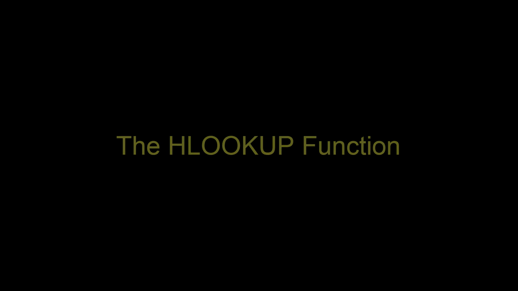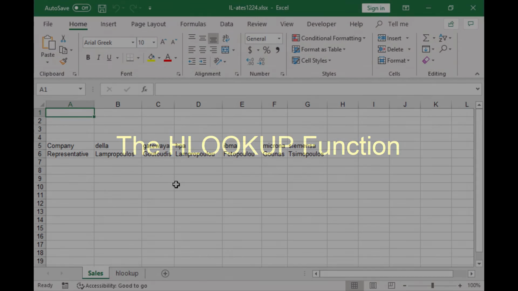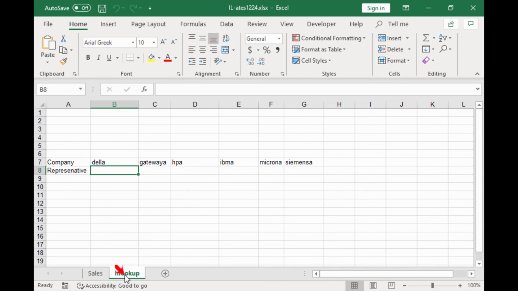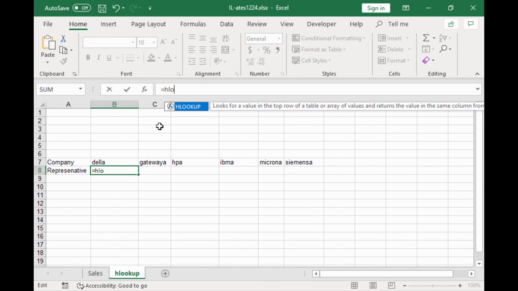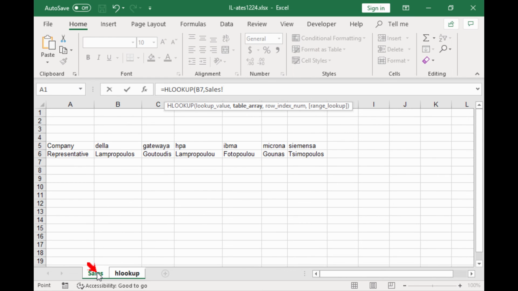If we want to perform a horizontal lookup, which means that we want to retrieve data from rows rather than columns, we can use the HLOOKUP function, where H stands for horizontal. The way to use the function is almost exactly the same as VLOOKUP. We type the function name, the value we are looking for, and the absolute reference of the table. The only difference is that instead of the column number we used in VLOOKUP, we type the row number of the value we want the function to return.